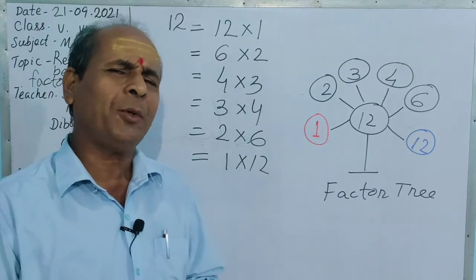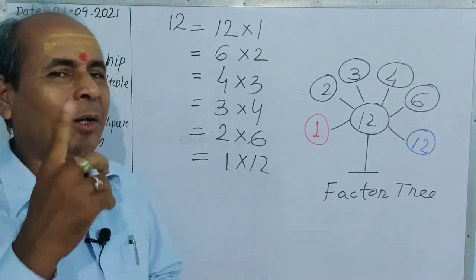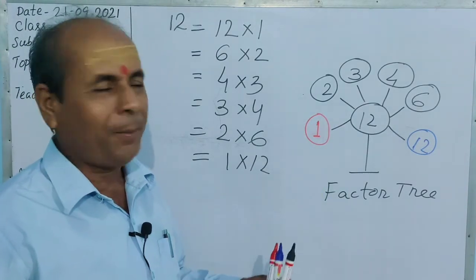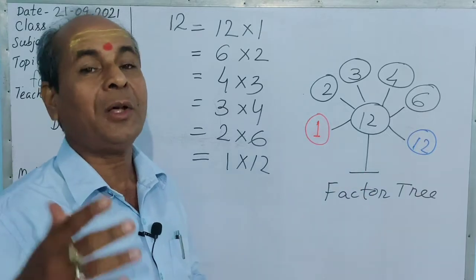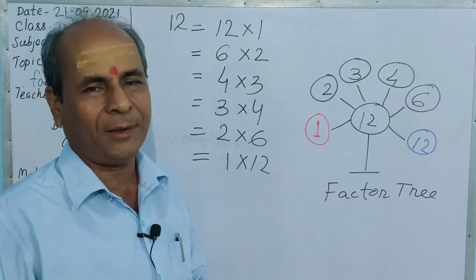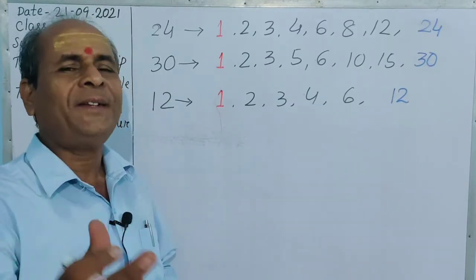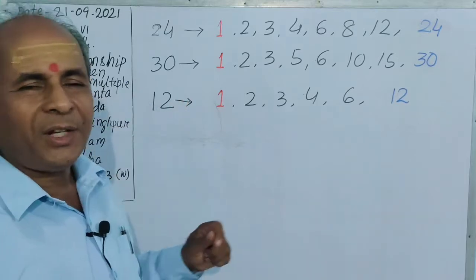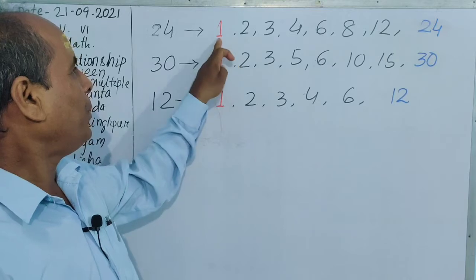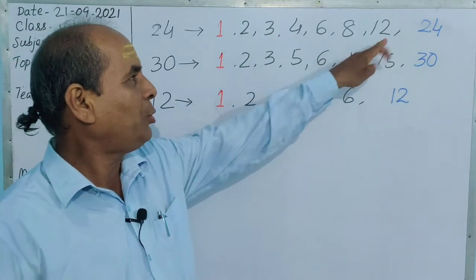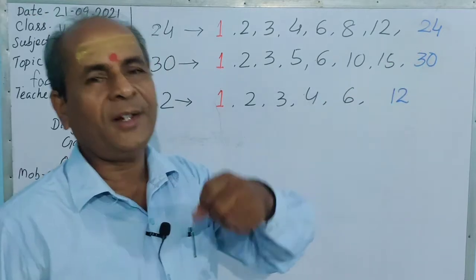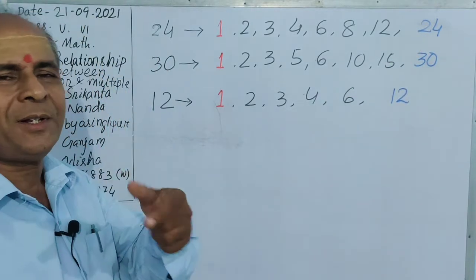So what did you notice here in all the examples? In all the examples, we can notice that 1 is the lowest factor of every number and the same number is the highest factor of the number. So let's discuss the qualities of a factor of a number. What do we see from these factors? 24 has the factors 1, 2, 3, 4, 6, 8, 12 and 24. 1 is the lowest factor and 24 is its highest factor. This means the same number is the highest factor.